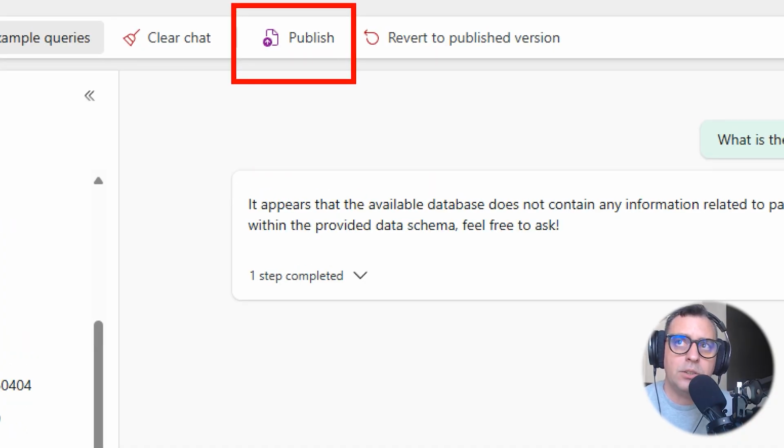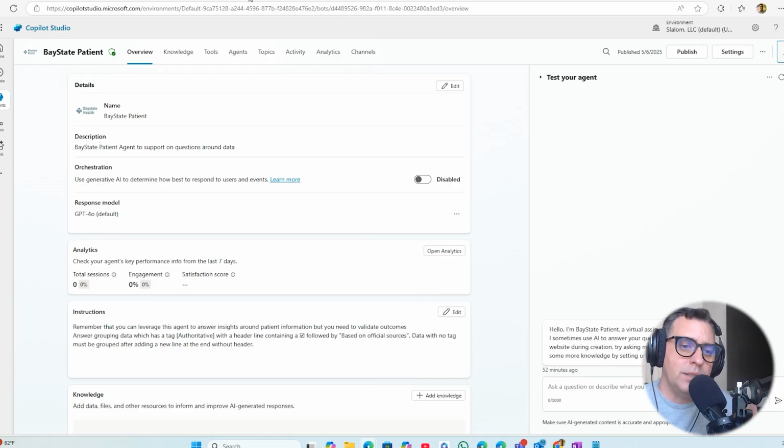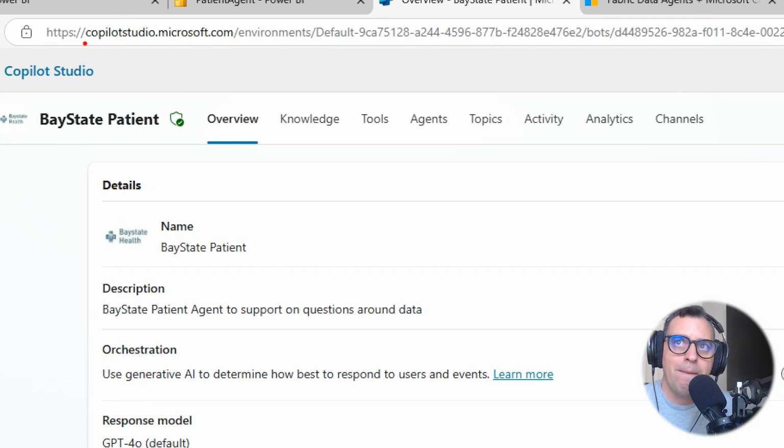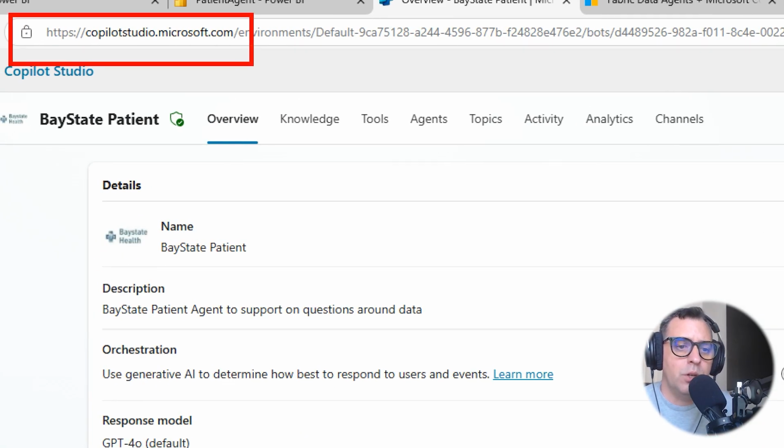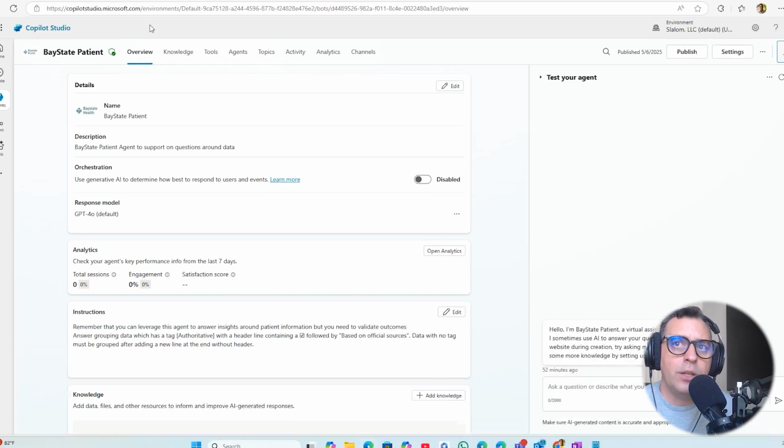After you create this agent, you're going to publish the agent from this option here. And after you publish this, this is where Alex is going to be happy, because I am switching the screen to the experience in Copilot Studio. This is Copilot Studio, at powerbi.microsoft.com or copilotstudio.microsoft.com. You can go and create your agent.